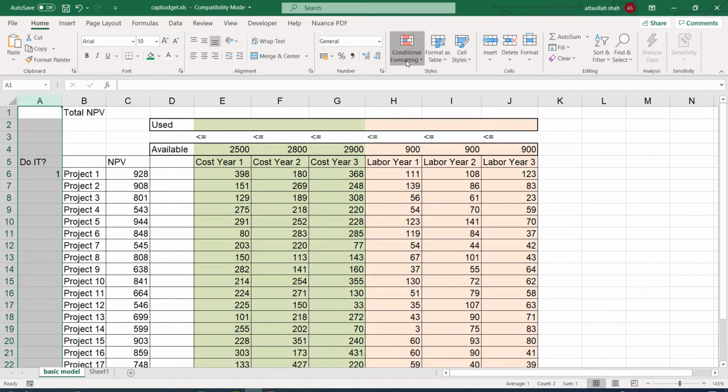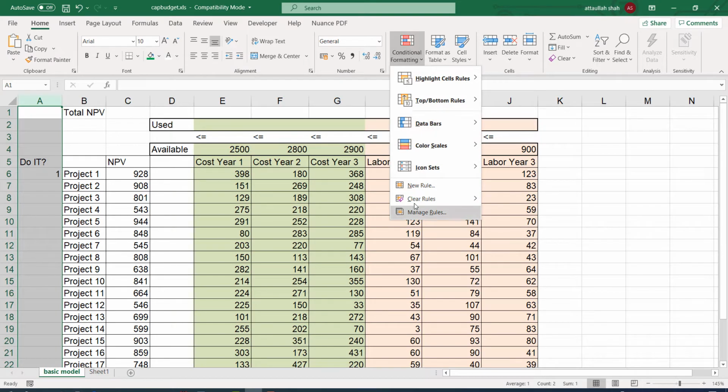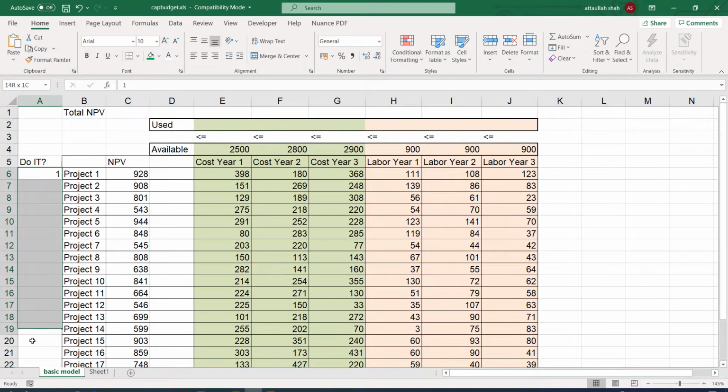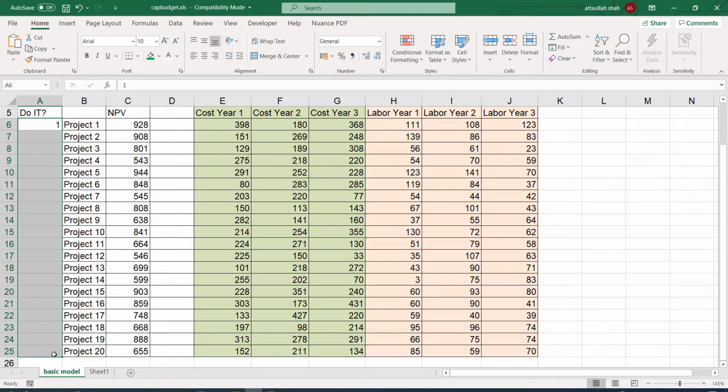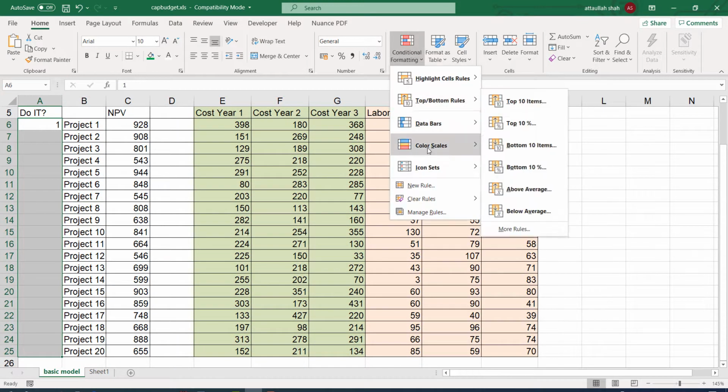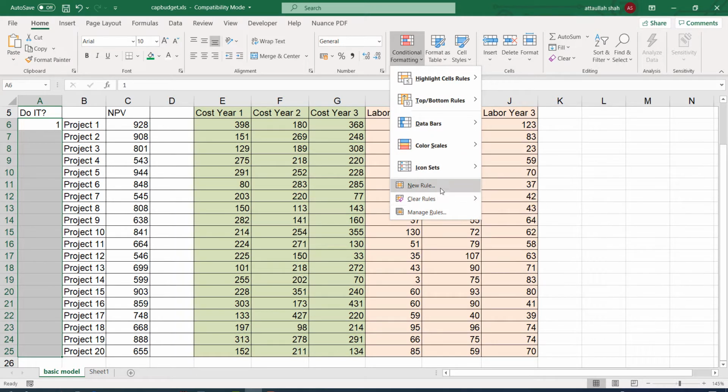Okay, so for easy understanding, let me give some color to this specific cell. This is not a requirement of the project, but I'm doing it just to show some.